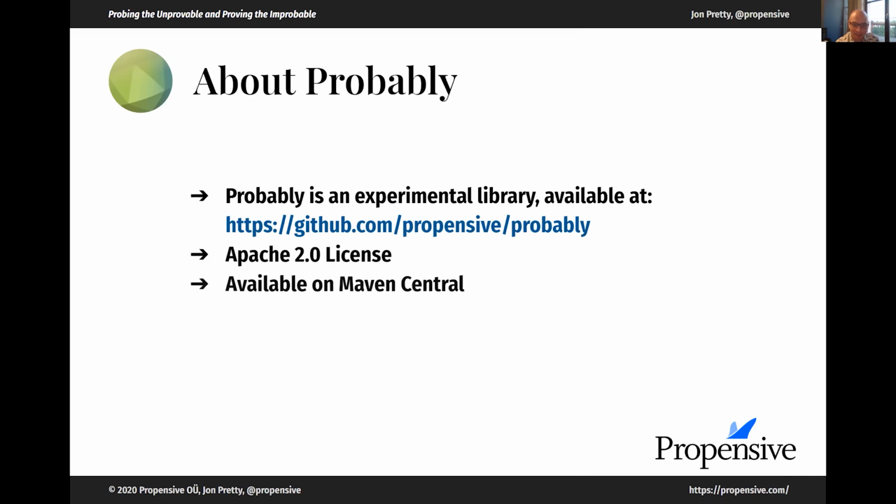It's Apache 2 licensed, and it's also available on Maven Central. So I managed to get it published, at least for Scala 2.12. I will try and do 2.13, and I think I'll probably not do a 2.11 version, but 2.13 will get a version soon. So com.propensive, probably 2.12, 0.40 is the current release.